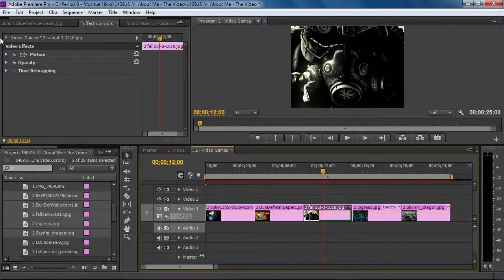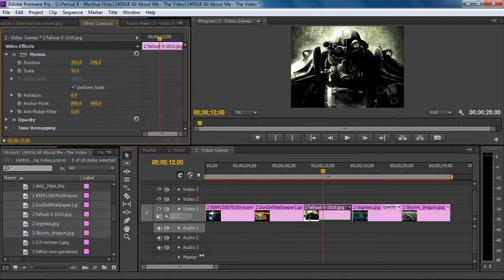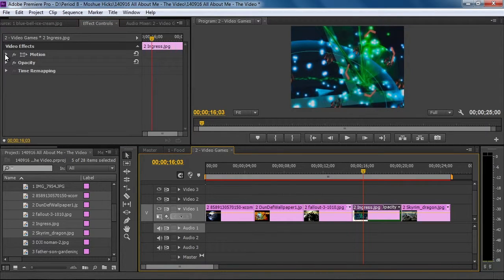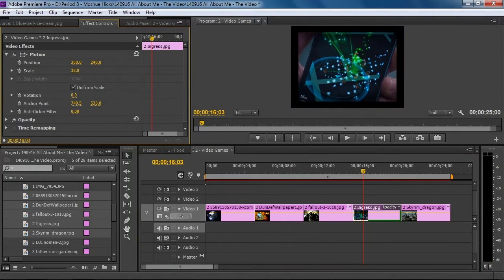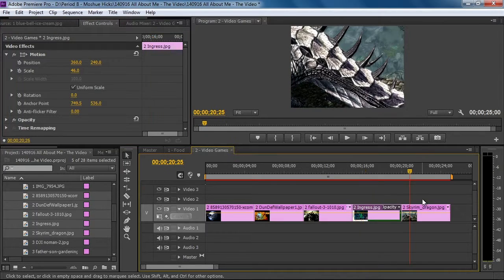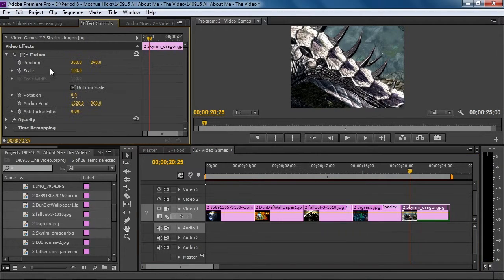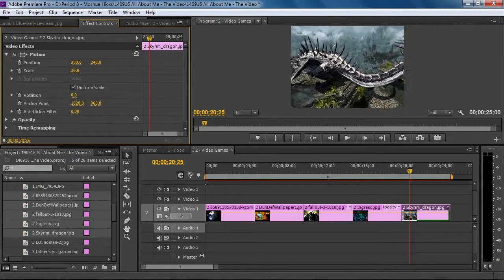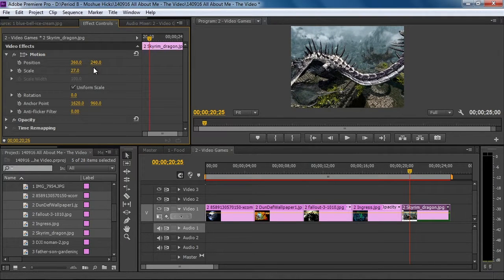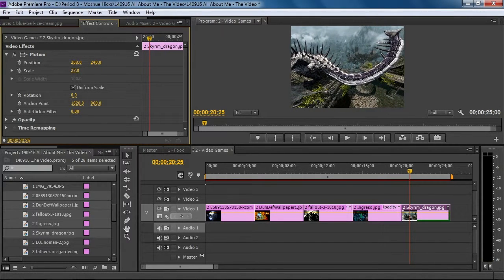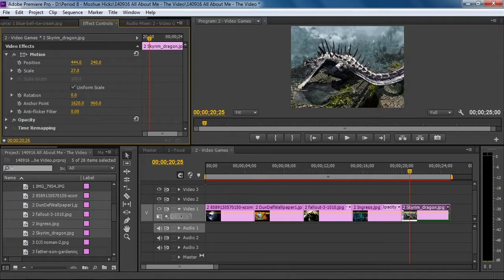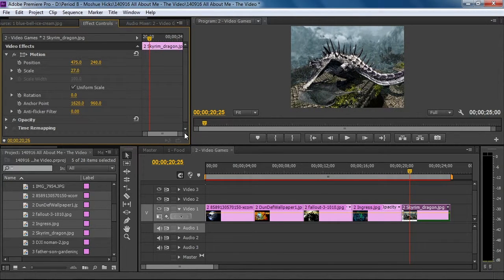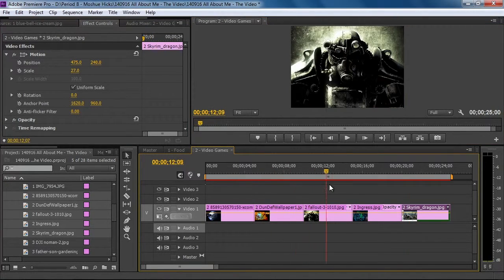Let's go to Fallout here and change the scale down on that one. Ingress and Skyrim. Once again, this picture is very wide, so I have to choose if I'm going to show the dragon's tail or his head. So now I have 2 sequences completed,